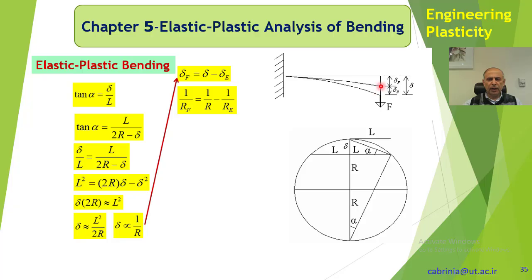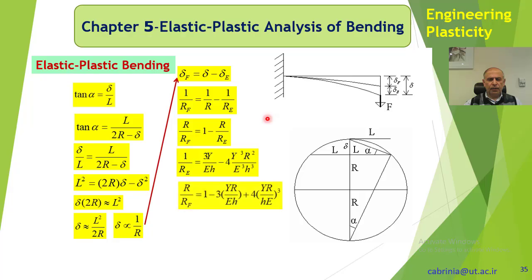That's the spring back. And therefore R over RF is equal to 1 minus R over RE, and we have already obtained 1 over RE here. Okay, therefore we could substitute here, and then we have this relationship, R over RF equal to that,